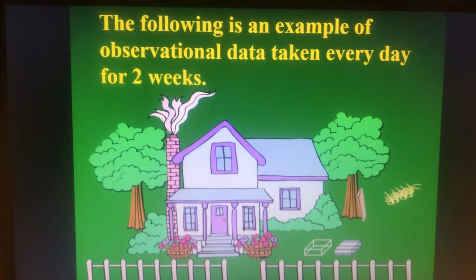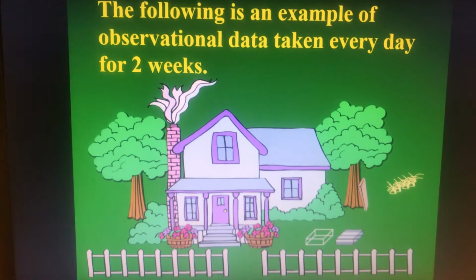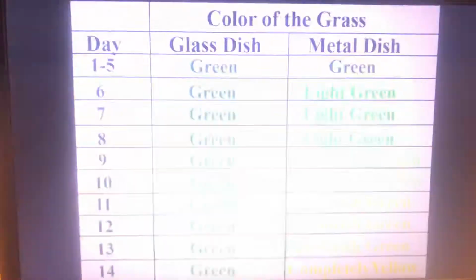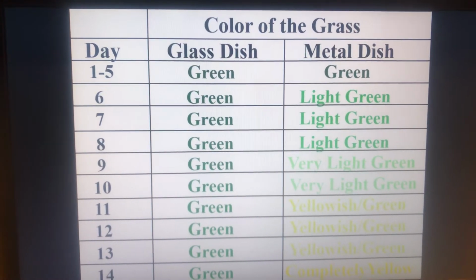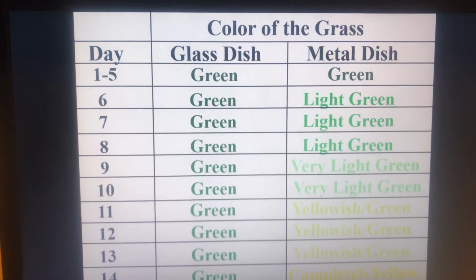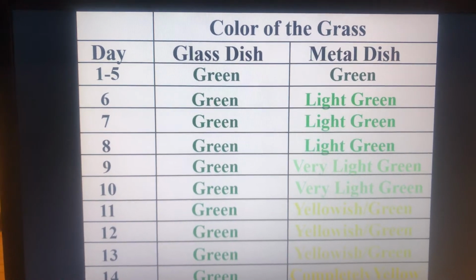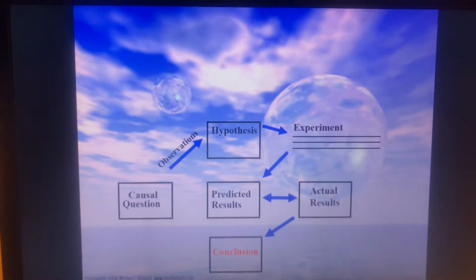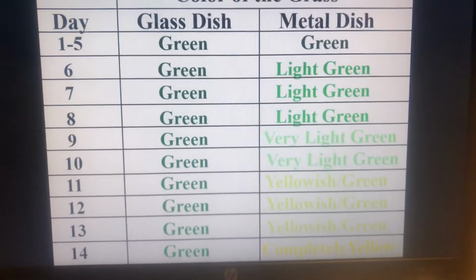The following is an example of observational data taken every day for 2 weeks. Here we actually did this, and here's the data that we collected. We got the color of the grass, and it starts at day 1. From day 1 through day 5, the color of the grass under the glass dish was green. The color under the metal dish was green. On day 6, we noticed